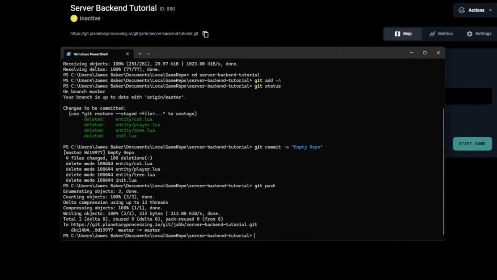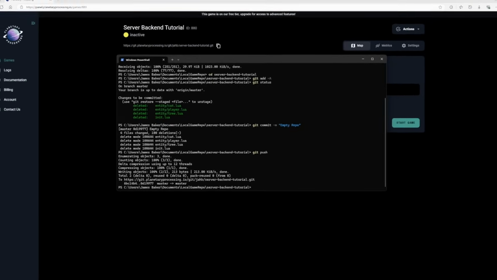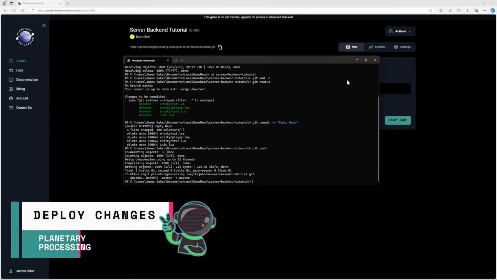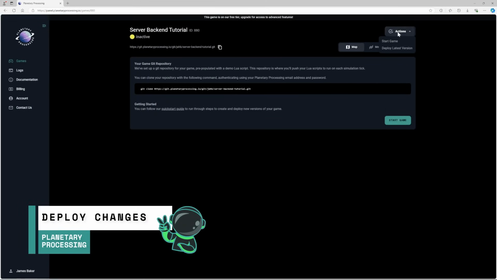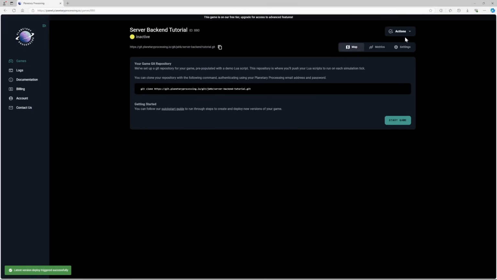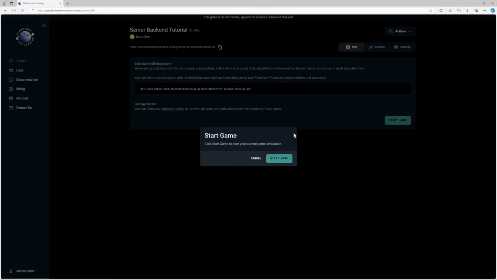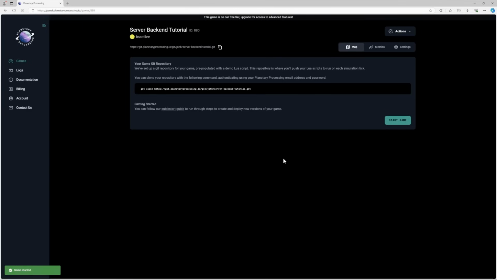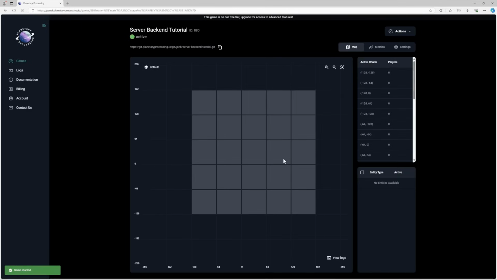If we return to our game dashboard, we can deploy our changes to make them run on a live game server. Let's use the deploy latest button to load our code onto the server, and then start game to try and run the empty repository. When you first launch your game, the map of your world will display. Currently there are no entities or players inhabiting the world, so nothing is being processed except the fundamental chunks dividing